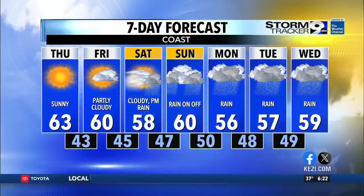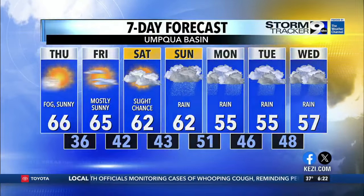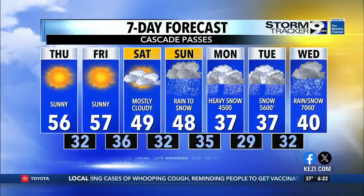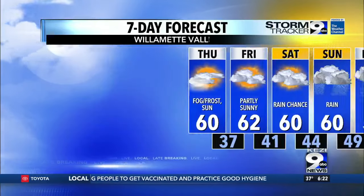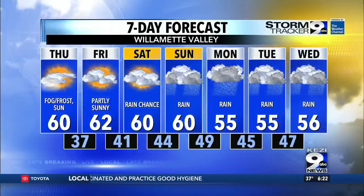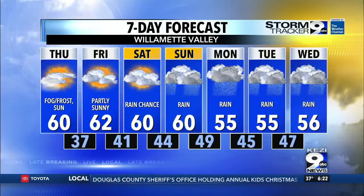63 for today on the coast, but then wet from Saturday all the way through into Wednesday. Same thing goes for the Umpqua Basin and into the Cascade Passes. That rainfall comes as snow, especially on Monday. 56 for today. And finally, looking at the Willamette Valley, 60 degrees for today, down to the mid-50s when things get wet. But now,